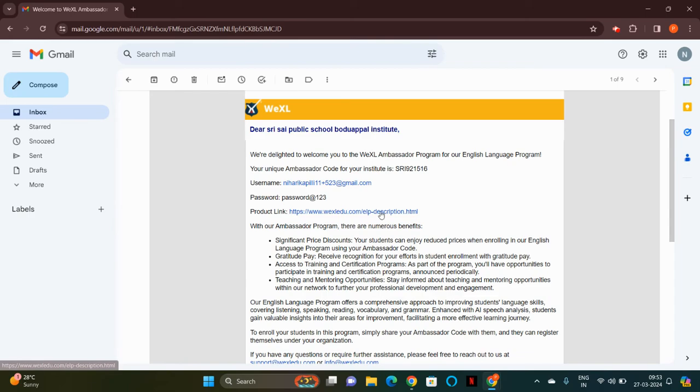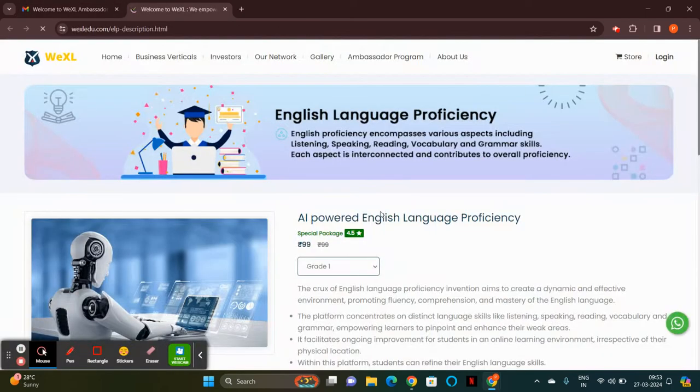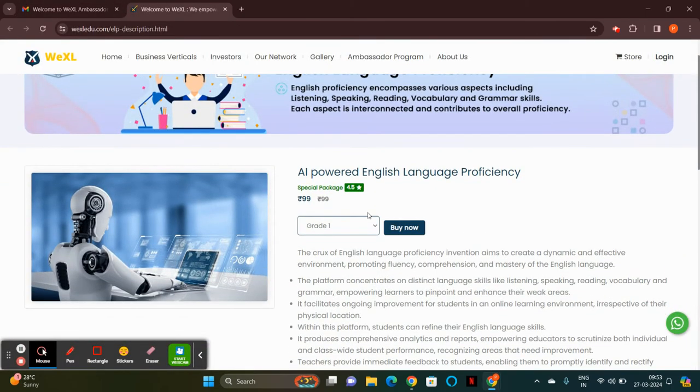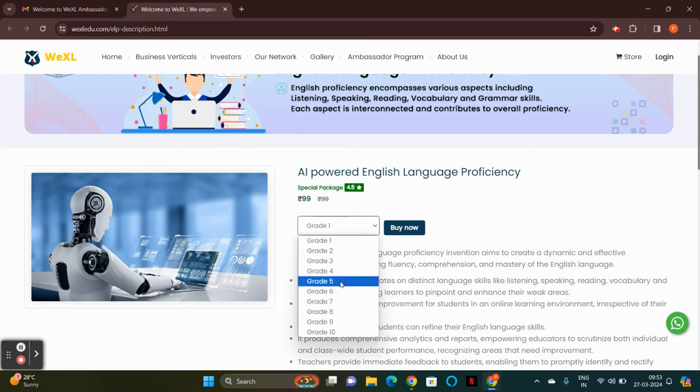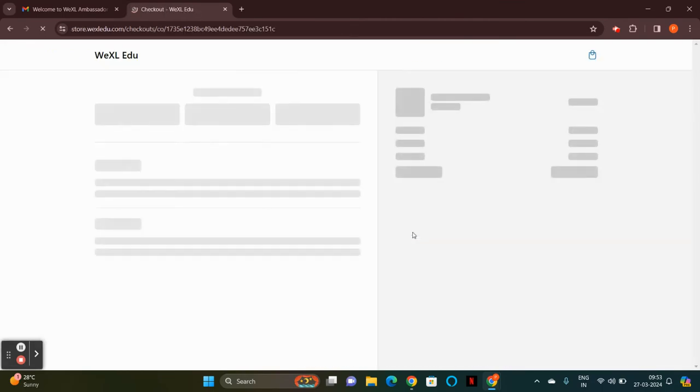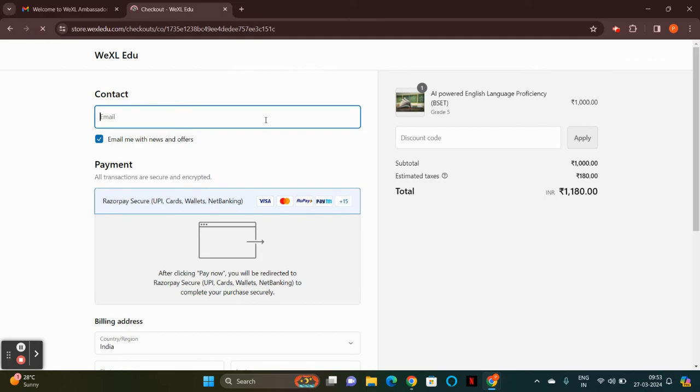So let's navigate to the product link. So the student comes here and then he'll be selecting the grade that he falls into. So let's select grade 5 and then click on buy now. So here, then enter the email ID. So we'll be receiving the credentials to the email ID. So give a valid email ID.